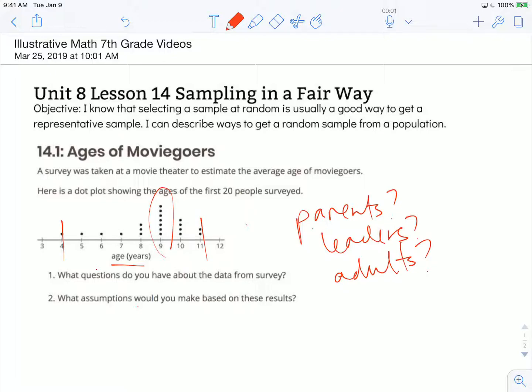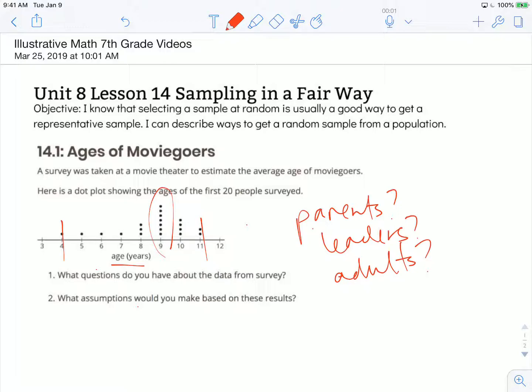Maybe this is one of those summer movies where you pay $1 to watch a movie that's already been released, and it's an older movie, and they are just trying to get a bunch of people at the movie theater to remember that the movie theater exists. So maybe it's one of those special events. Maybe this is a field trip. Maybe this is a birthday party for a 9-year-old kid, and that's why there's a bunch of young people. Maybe the adults that are with them are just really timid. I don't know. There's a lot of assumptions that you could make about this data, but I'm mostly still coming back to where are the adults.